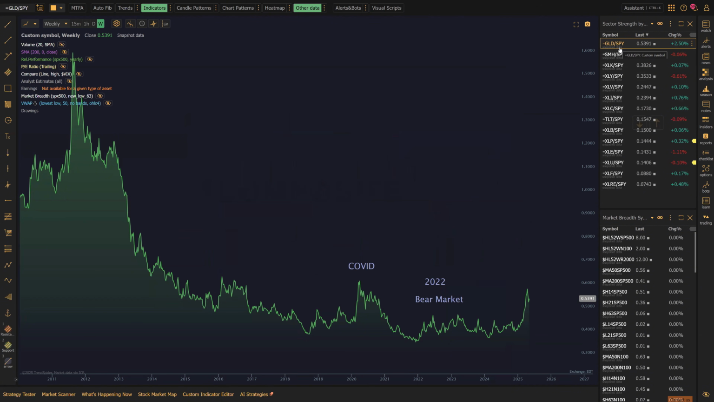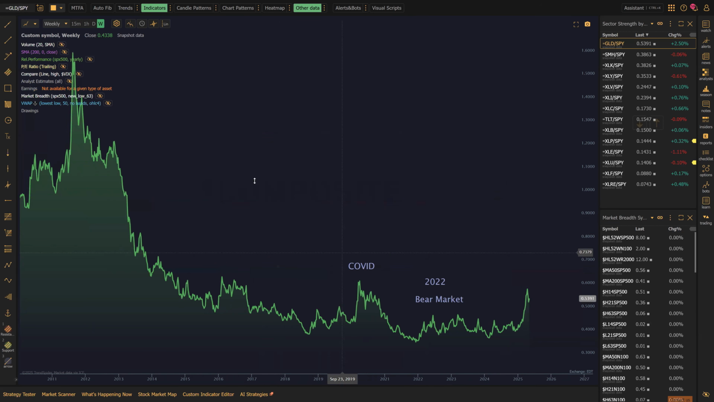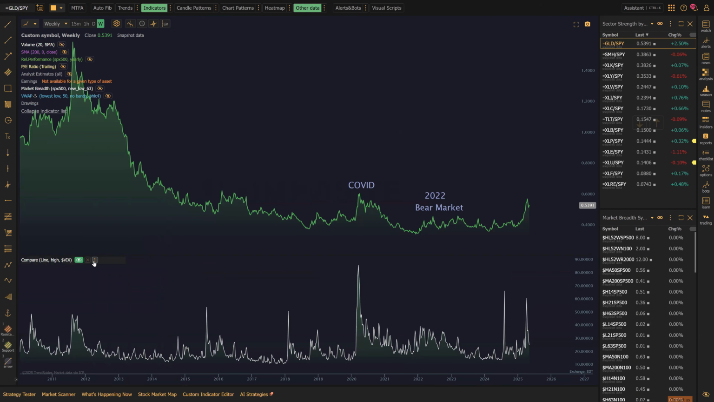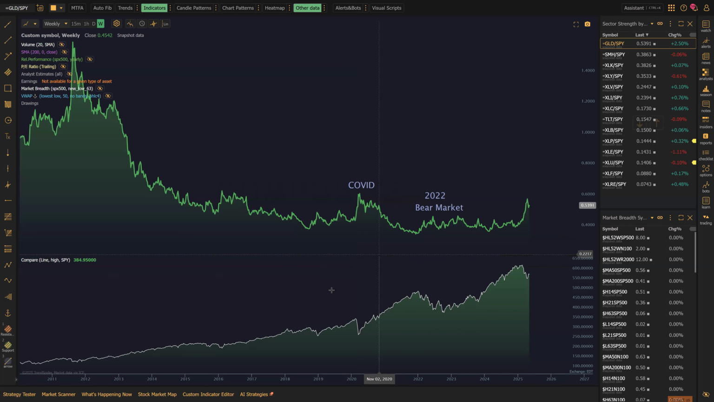So the one I want to focus on first is the GLD over SPY, which is gold over SPY, because I'm sure you guys have seen that gold was going on a tear lately, and that is reflected in this composite symbol. And also what I'm going to do, I'm going to use the price compare indicator, and I'm going to change this to SPY so we can compare how this composite symbol looks compared to the SPY